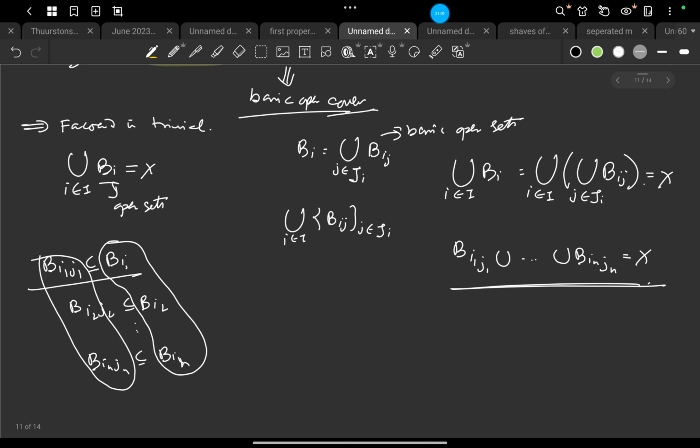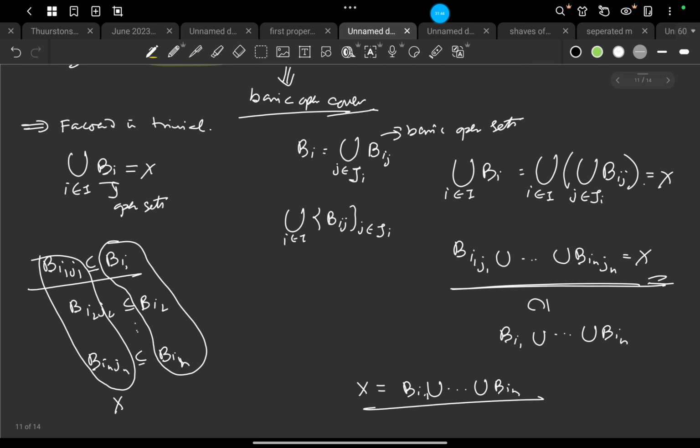That means X is the same as B_i1 union up to B_in, because all these Bij are inside X, so their entire union has to be inside X, right? Open sets cannot be larger than the main topological space.